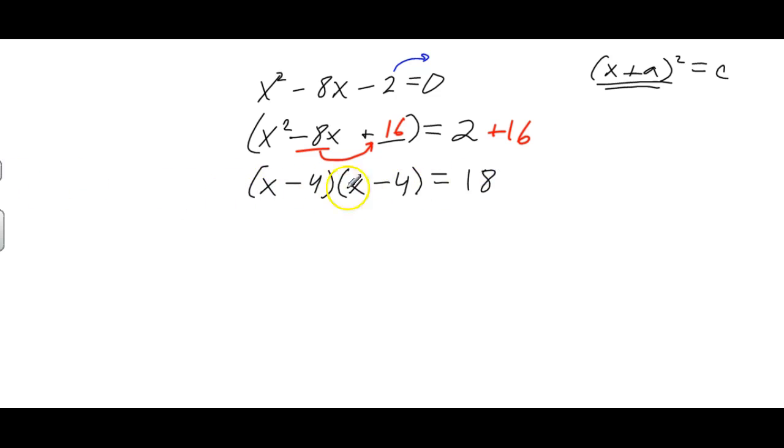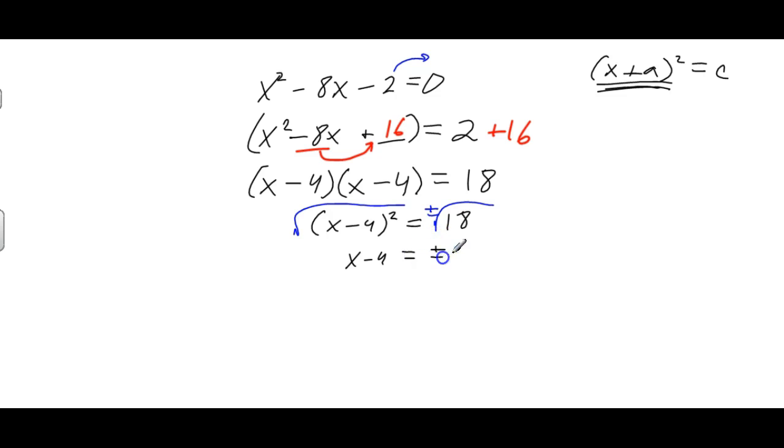Take the square root of both. No, you can't take the square root of both sides first. First we have to get this looking a little better. We want it to look like this. So I'm going to write it this way, like a mathematician would write it. x minus 4 squared equals 18. Now I'm ready to take the square root of both sides. Take the square root, don't forget, plus or minus, get x minus 4